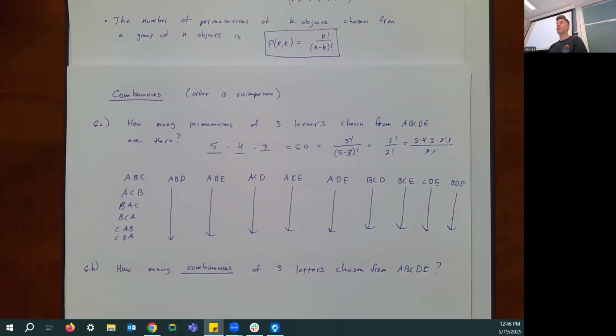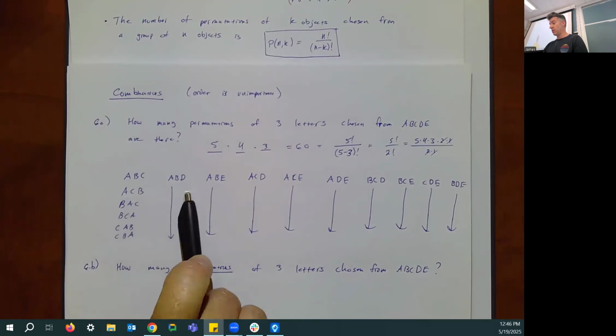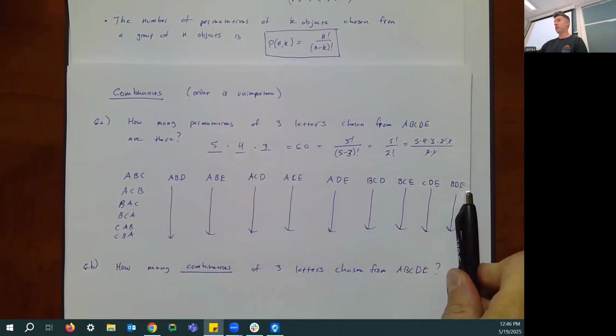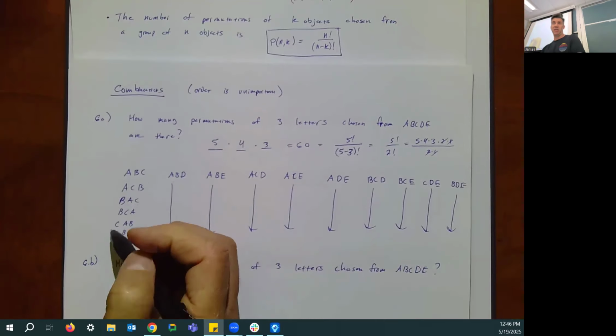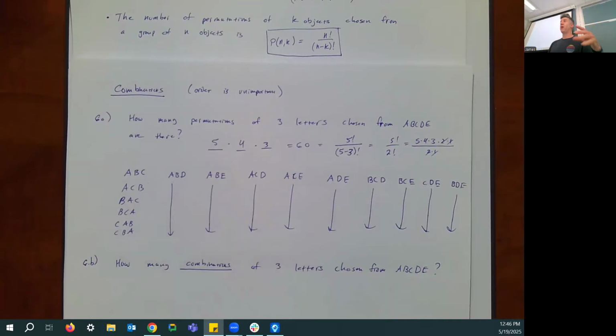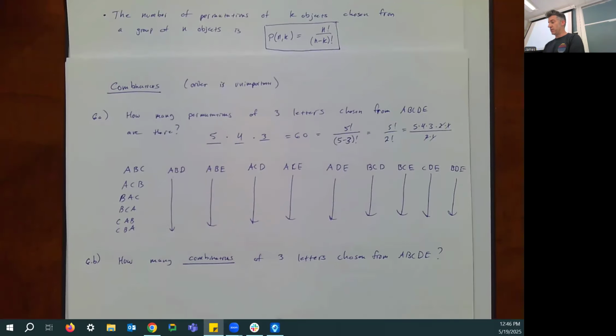Well, there's 10: A, B, C; A, B, D; A, B, E; A, C, D; A, C, E; A, D, E; B, C, D; B, C, E; C, D, B; D, E. And I don't care if I write A, B, C or C, A, B or A, B, D or B, A, D or whatever way I'm going to write it. There's only one combination for those first 3 letters, A, B, and C, no matter which way you permute them. So the answer to the next question is 10,